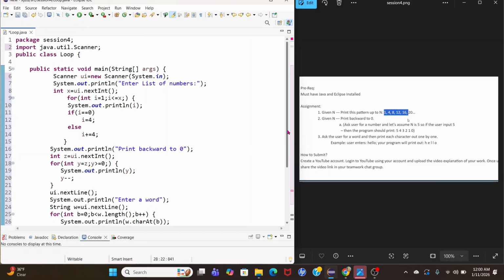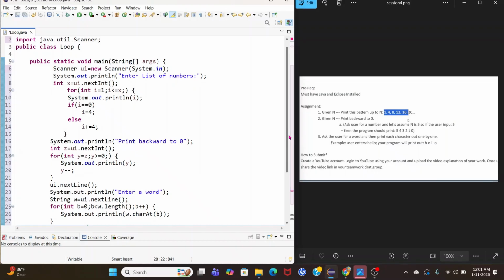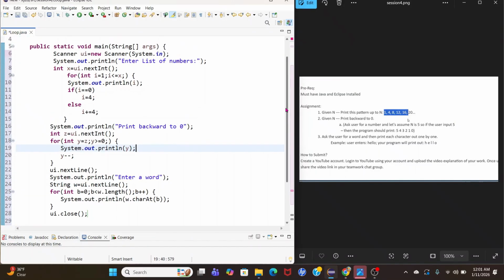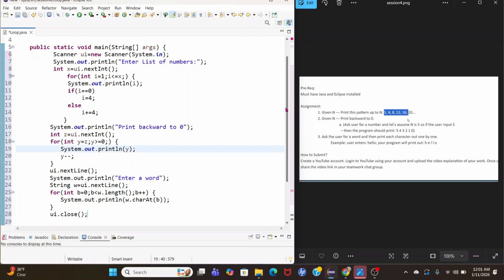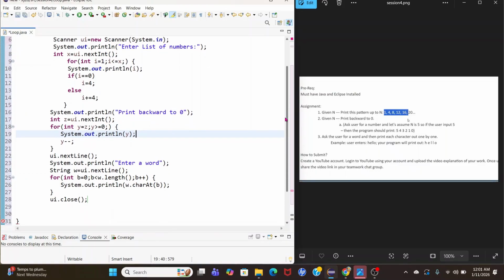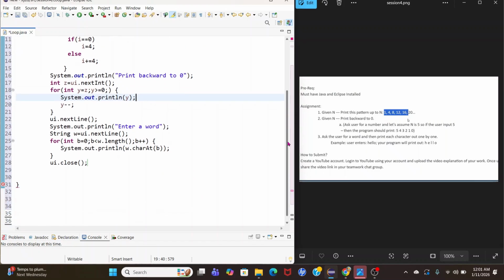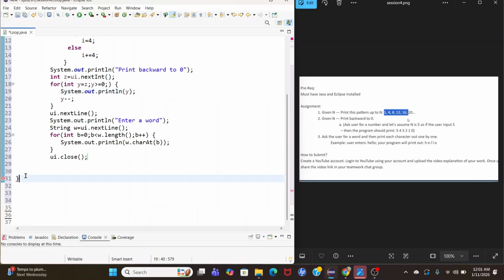And to run our code, we have to use the green button on the top, and the result is going to be down in the console. Here, select all. Okay. Now let's start by entering the list of numbers. Let's put 20, for example,